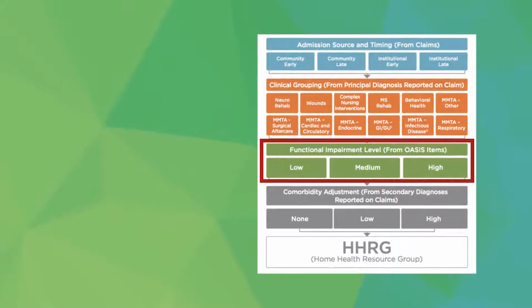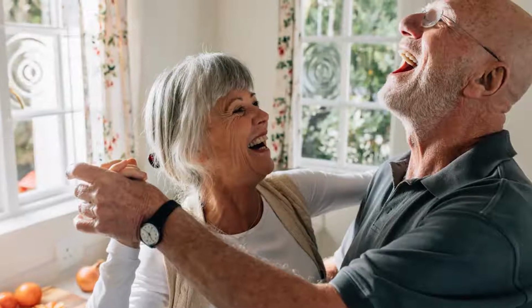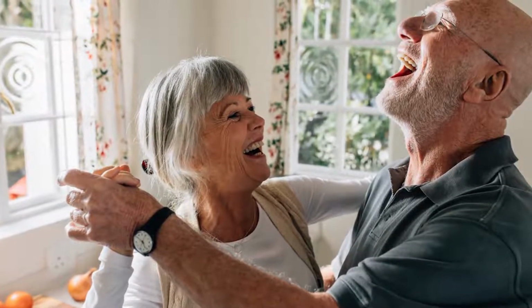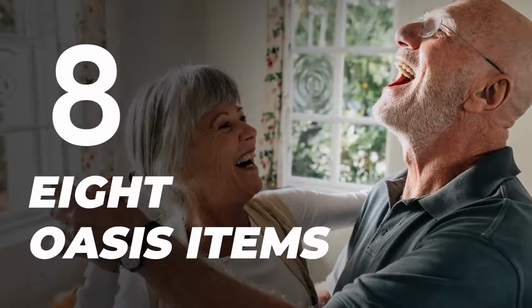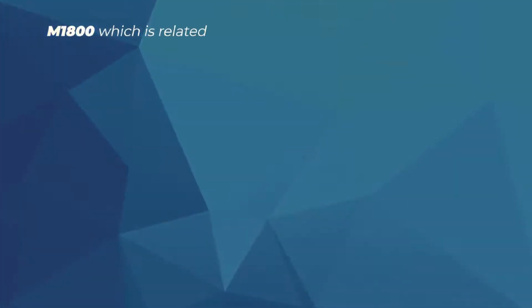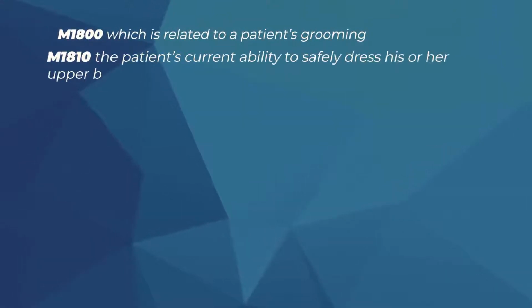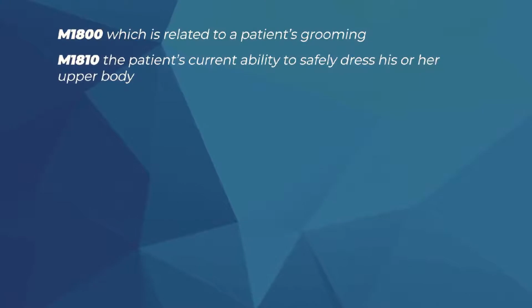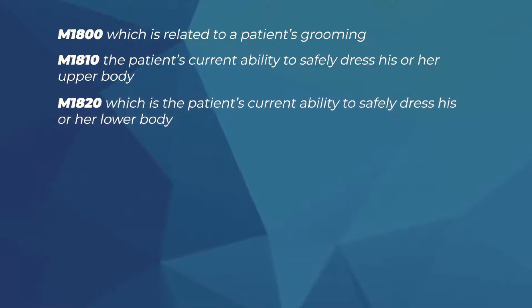As we just discussed, you'll see that only one grouping area in PDGM comes directly from the OASIS. This is the functional impairment level. The PDGM category for functional impairment level is based on responses to 8 OASIS items. They are M1800, which is related to a patient's grooming, M1810, or the patient's current ability to safely dress his or her upper body, M1820, which is the patient's current ability to safely dress his or her lower body,